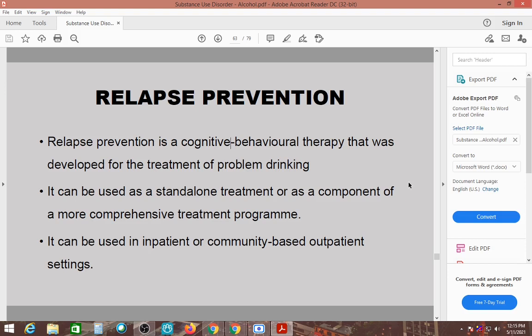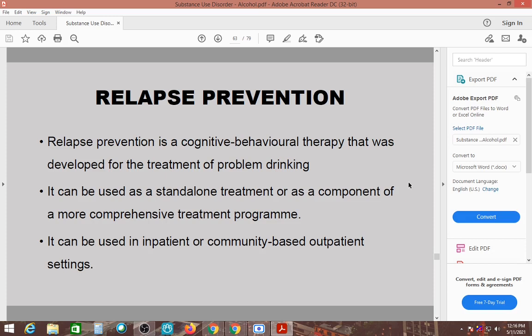In CBT, what is the cognition of a person? Cognition is how they have learned to communicate. What have they learned to cope? What have they learned to face or handle their stress, right? And how have they learned to communicate, and how have they learned to relate? All the behavior or action that the person does is because of learned behaviors,